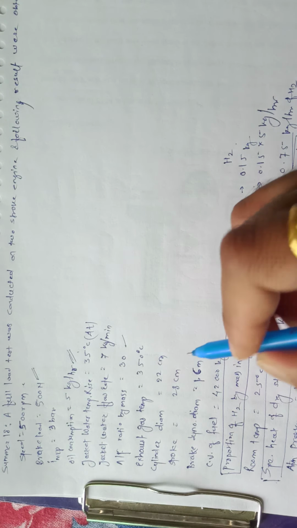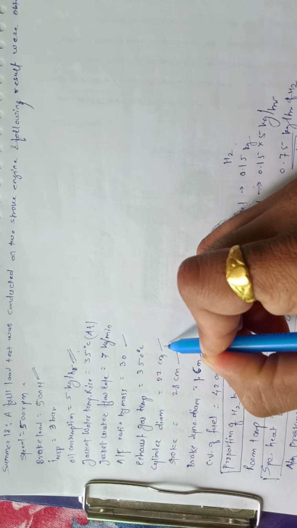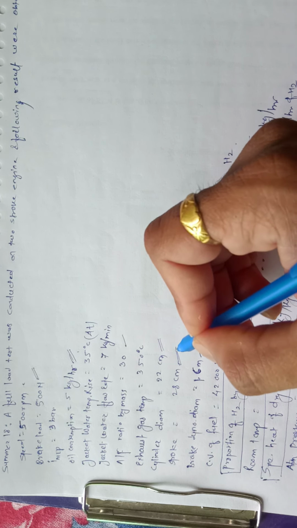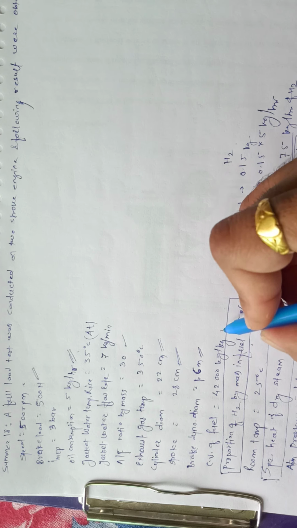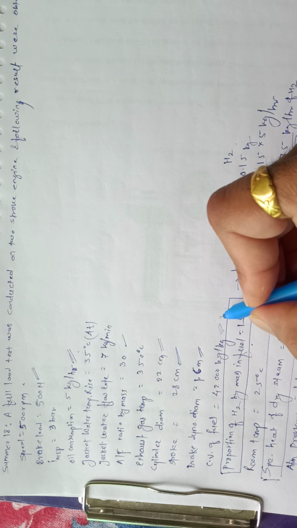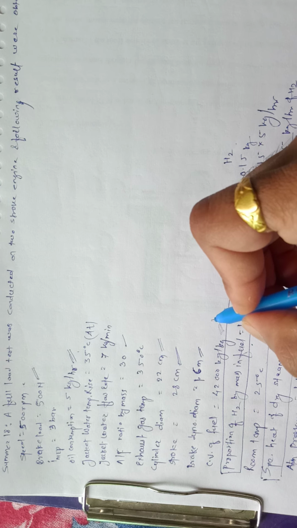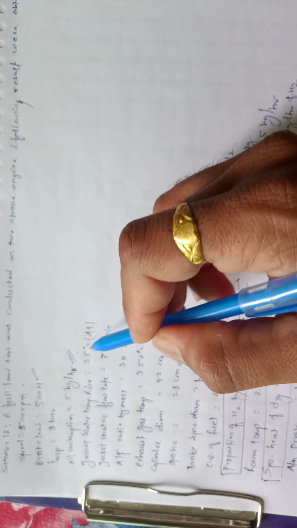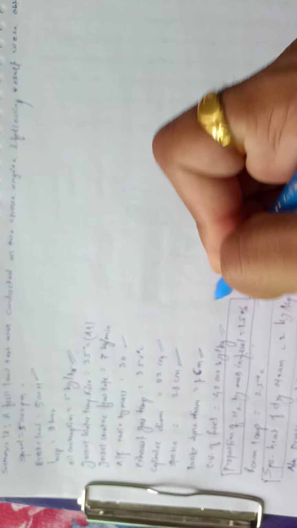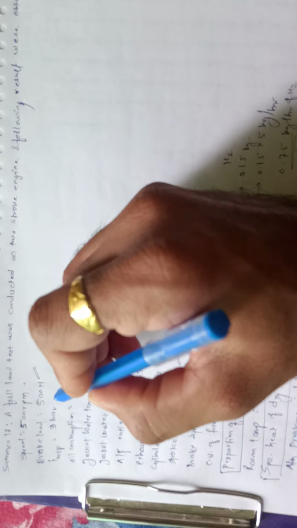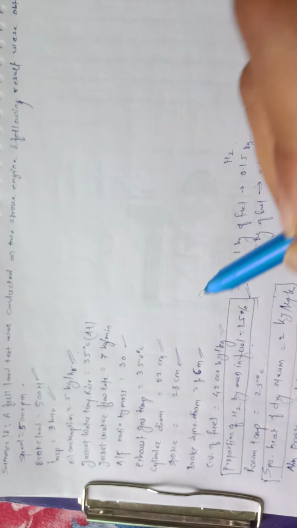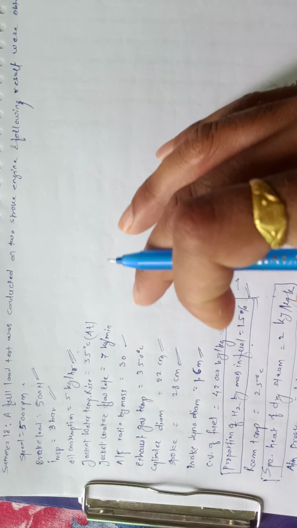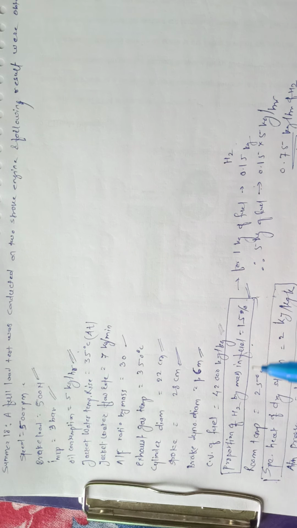Then the physical dimensions, stroke length and cylinder diameter, are for finding out the swept volume. Then the CV value is given to find out the gross heat given into the combustion chamber, meaning 42,000 into 5 kg per hour, that much amount of heat we are sending into the combustion chamber. Then the mean effective pressure is given to find out the indicated power. So that is the analysis of the given data. We will discuss the solution now.